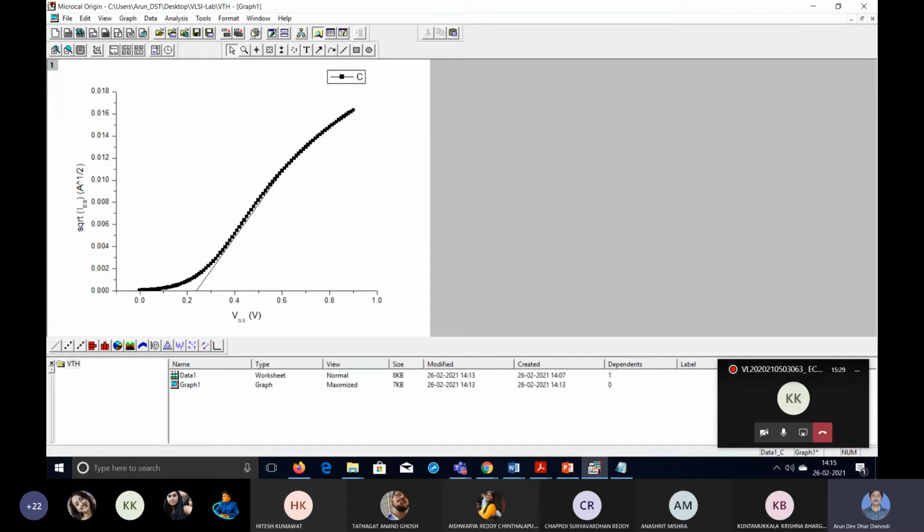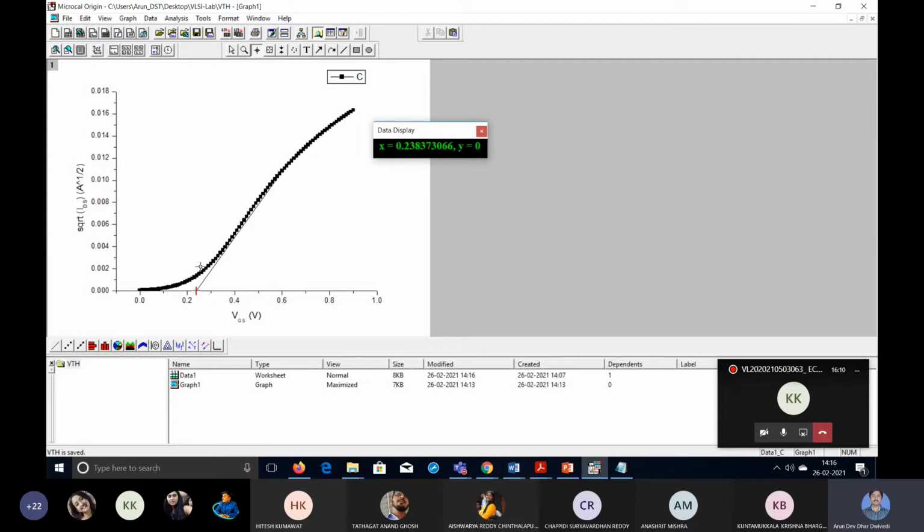To find the value, we can take this screen reader. Then we put it here wherever it is touching and see what the value is. You can see 0.238 or 0.24. So the threshold voltage is around 0.24. So we can save this one. And y is 0 here, we can see almost 0, so it is a correct reading. Y is 0 and x is 0.238. So it is okay, good enough. 0.238 means 0.24. So the threshold voltage is coming around 0.24.